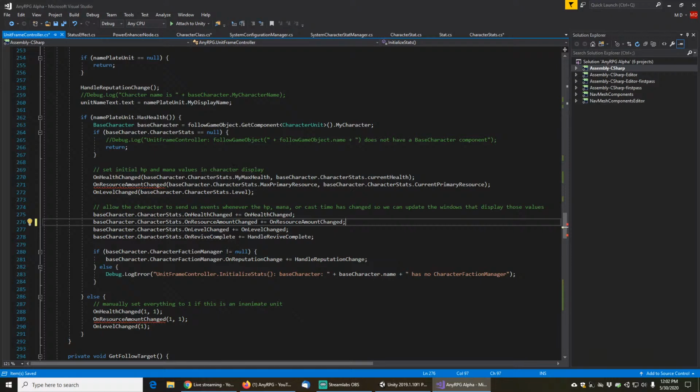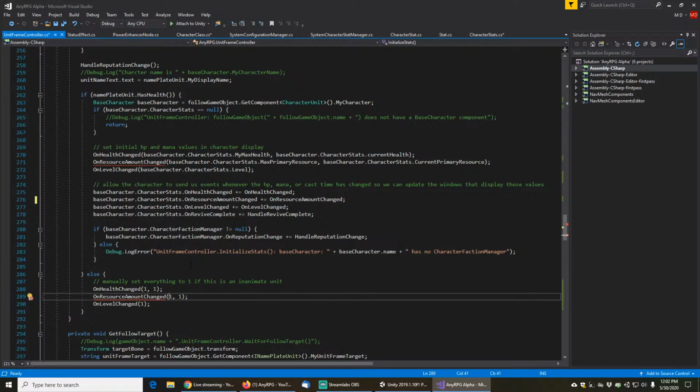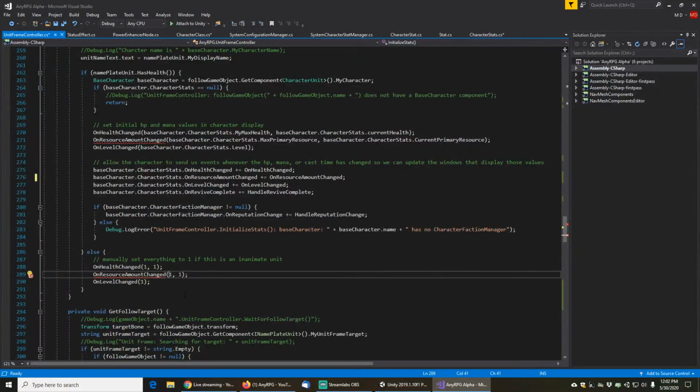That's better. And then we'll have to deal with inanimate units slightly differently. If this is an inanimate unit, we're just going to call basically on health amount changed, and we're going to have it